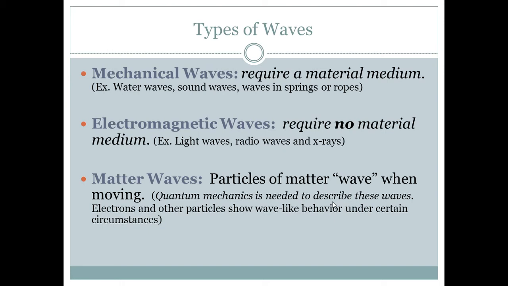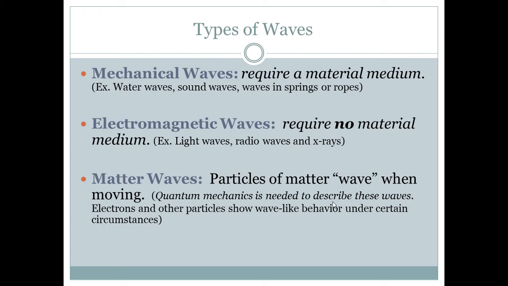So light waves, radio waves, X-rays. I shouldn't even split them up because radio waves and X-rays are light, right? They're just different frequencies of light. Radio waves have big waves, X-rays are small waves. And visible light is just sort of in the middle somewhere. So it's all about the wavelength, and we're going to learn about that later.